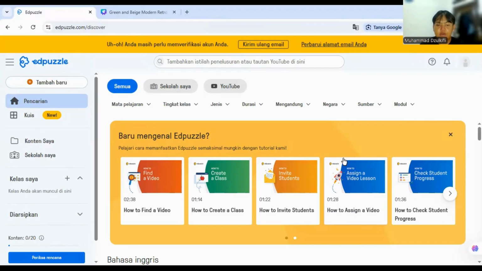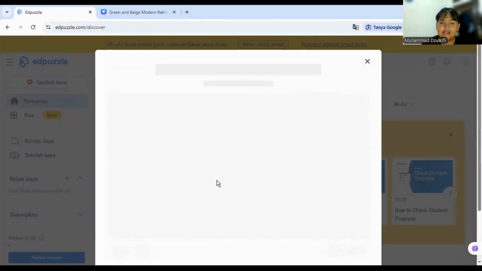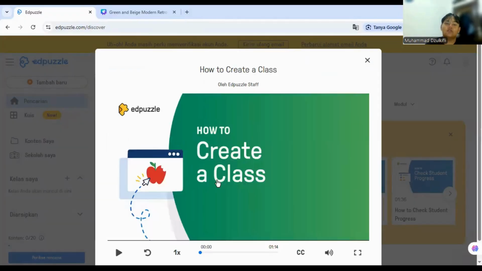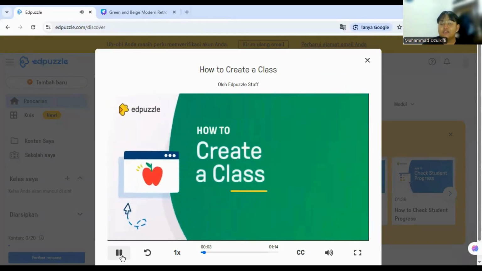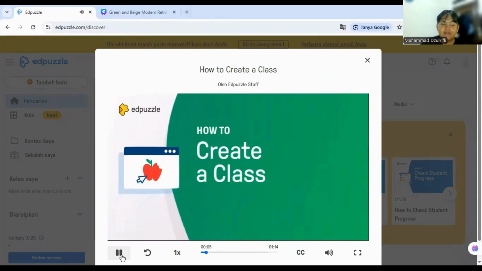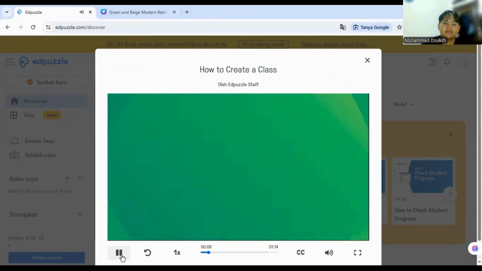If you have any questions, for example, how to create a class, it's really easy to find how to do anything in Edpuzzle because there are video tutorials. So like this, how to create some classes.